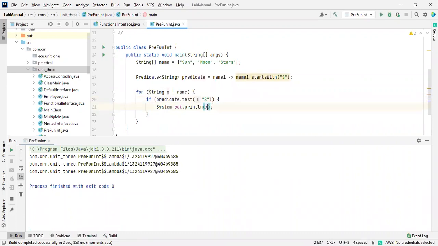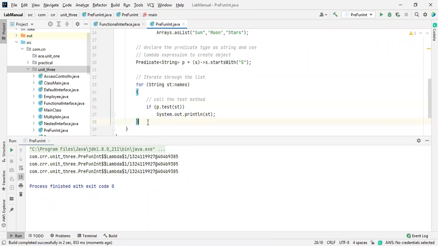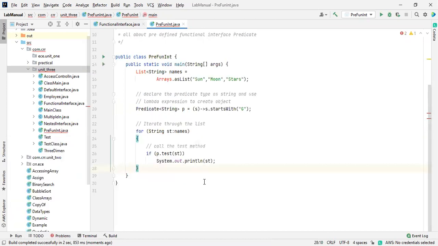It should be X. Even here I wrote the wrong code. Let me take this one. I will copy this and run this program. Tomorrow I will explain in detail. Cut and paste over here. If I work like this, I will lose a lot of time.